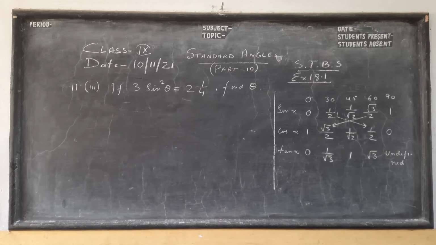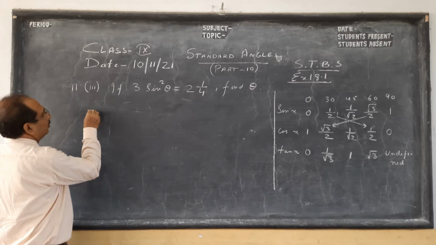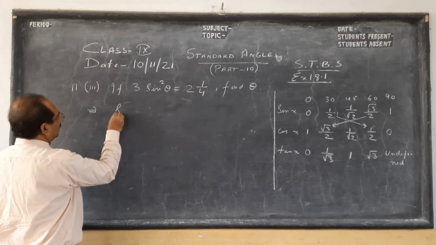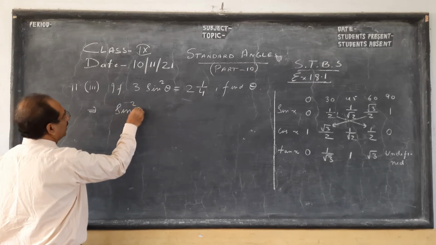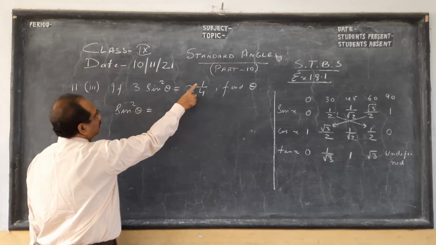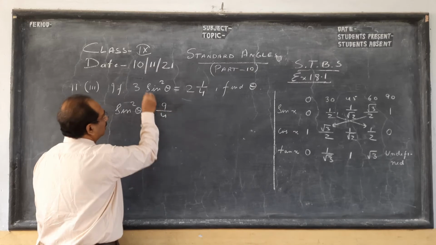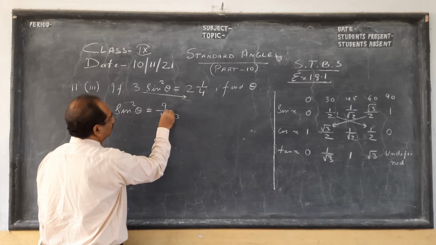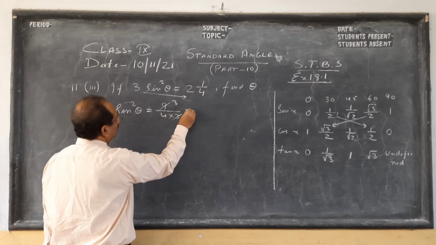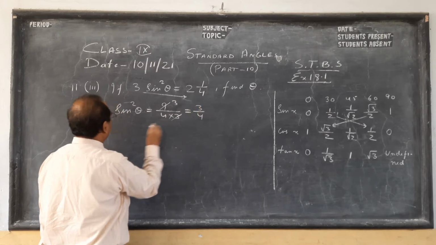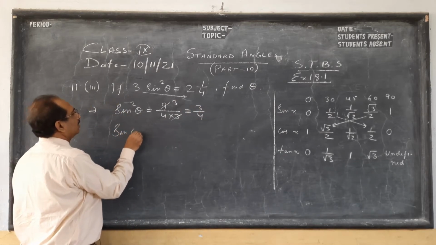Next, a very similar question, 11 part 3. So what we do here, children, again 3 will go to that side. So sine square theta will be 2 fours are 8 plus 9 by 4. This 3 will go down. 3 threes are 9, so we get 3 by 4. So sine theta, children,